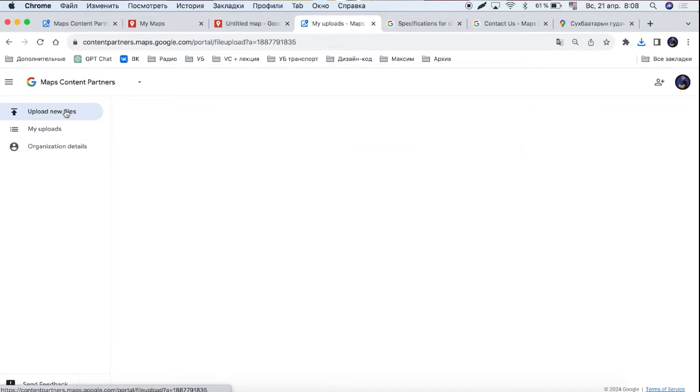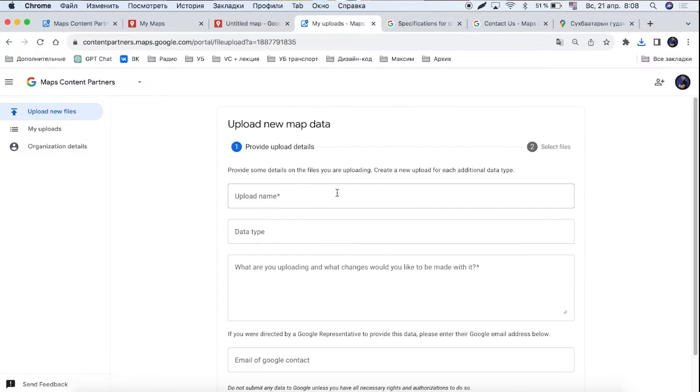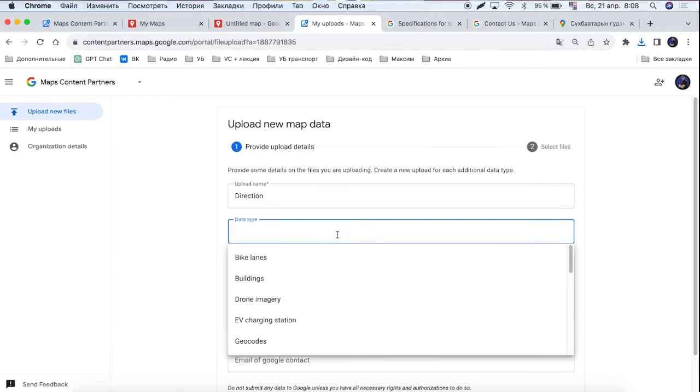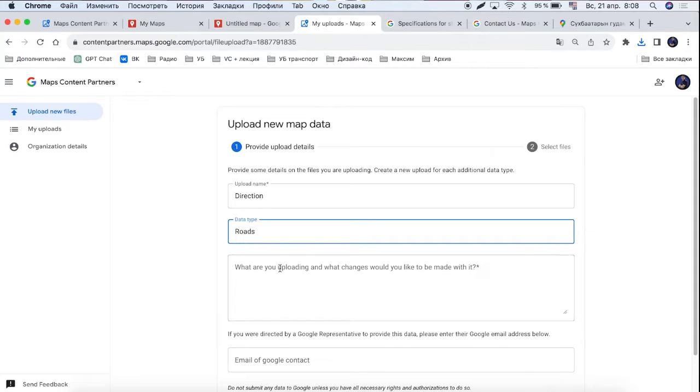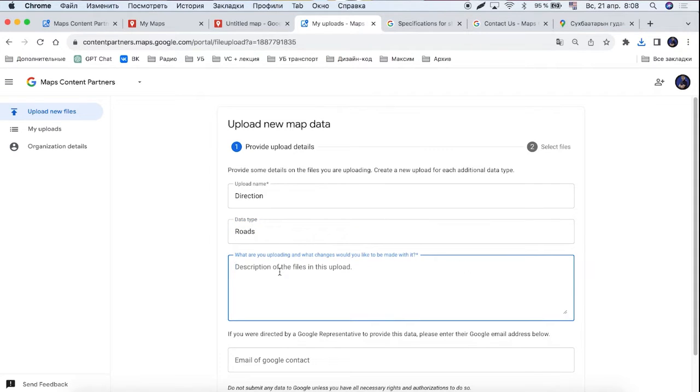After that, I just go here, direction. Here I choose the kind of data, roads, but just usual roads. And here in the description, I need to tell the support of Google Maps in great detail that I want to change the road direction. For example, how I usually do, I text